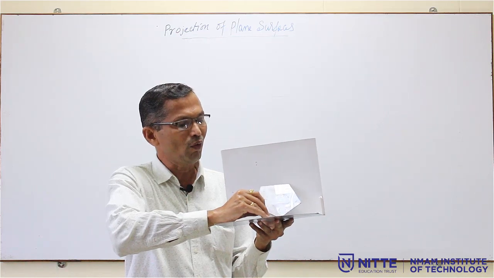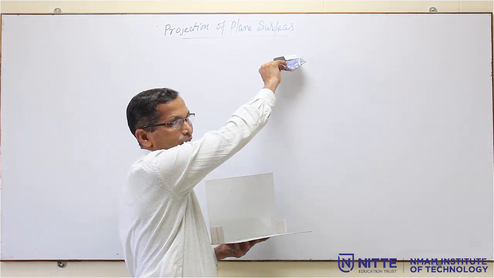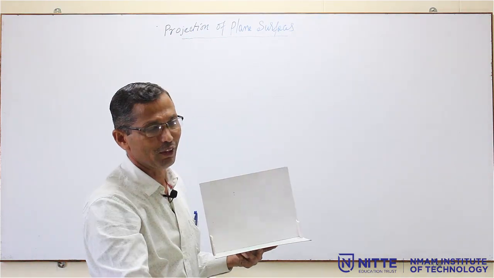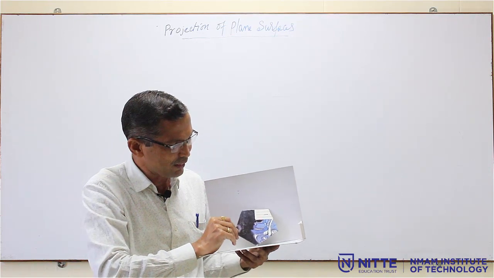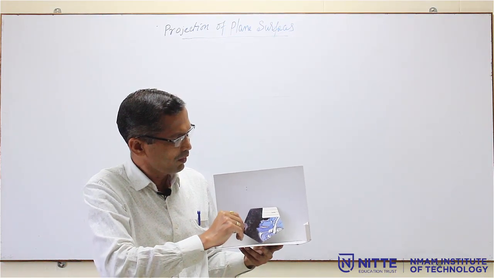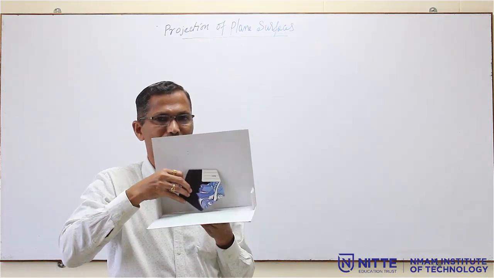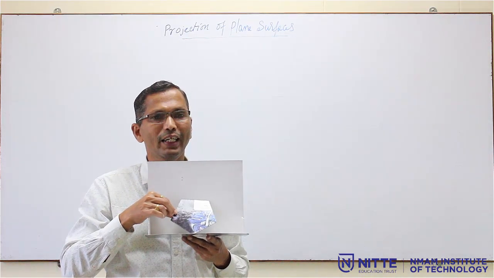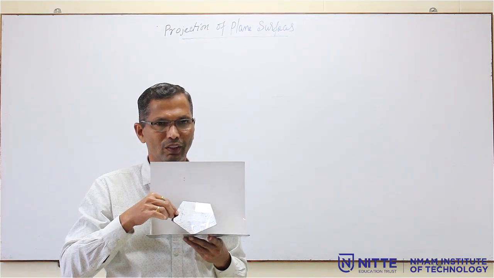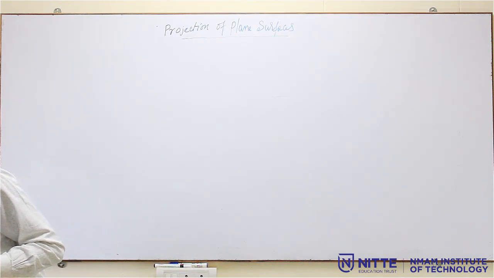It is like how, if you keep a ladder against the wall, one end of the ladder will be on the wall and the other end will be on the ground. So, that is the position. One corner is on HP and the opposite edge is on VP. So, this is the position. Now, what are they given? They are given the angles. They are given two angles. What is the angle?